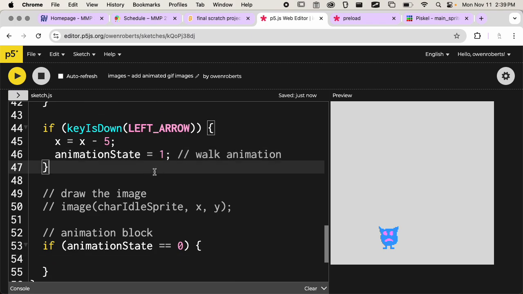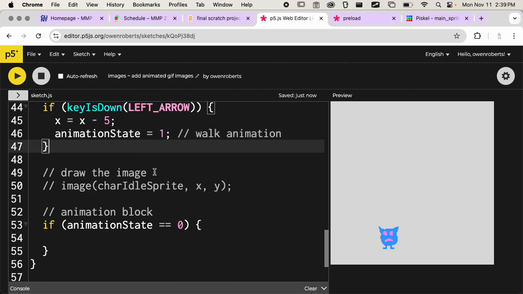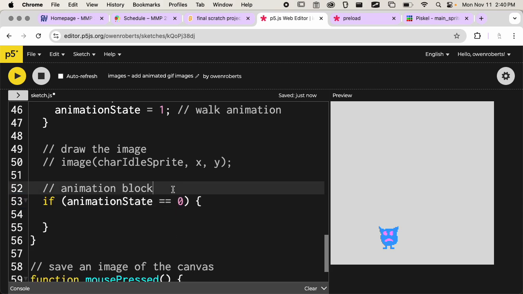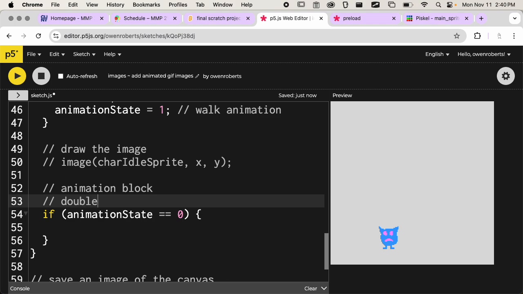So that's a common mistake to make, especially because if I use a single equal sign here, JavaScript will actually just run that and it'll assign 0 to the animation state. It won't give me an error there. So your code will not work the way that you want it to, but you won't know. So I'll put a note here, double equal sign